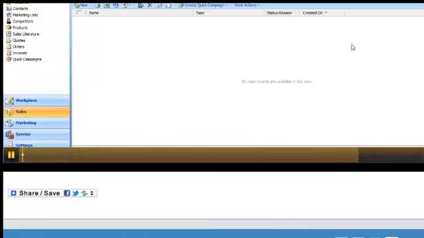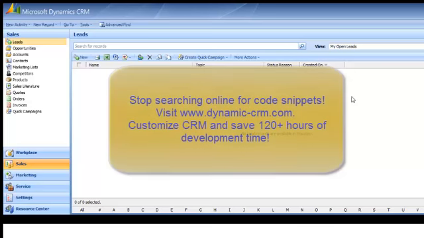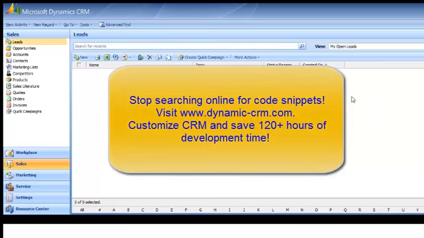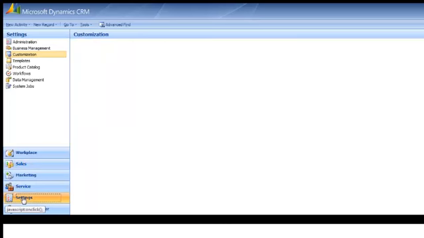In this blog, we're going to show you how to create and customize a drop-down menu in Microsoft Dynamics CRM. We're going to customize the lead form in CRM just as one example. So maybe we need to add a field called lead validation that includes our lead qualifiers in a drop-down menu, for example. So we would go to Settings,